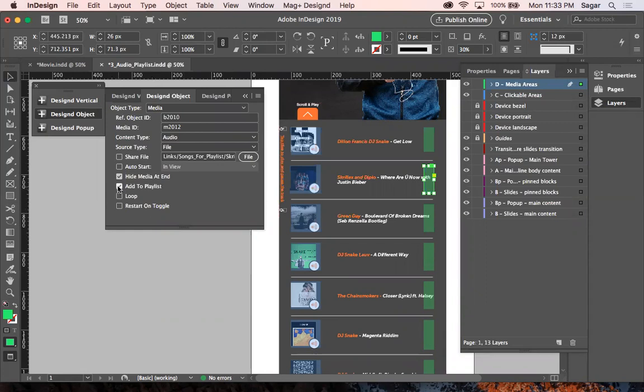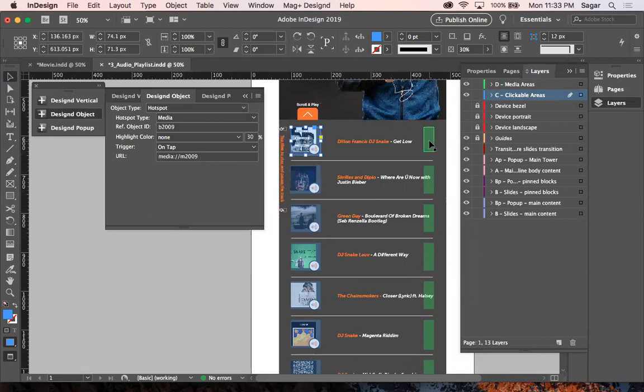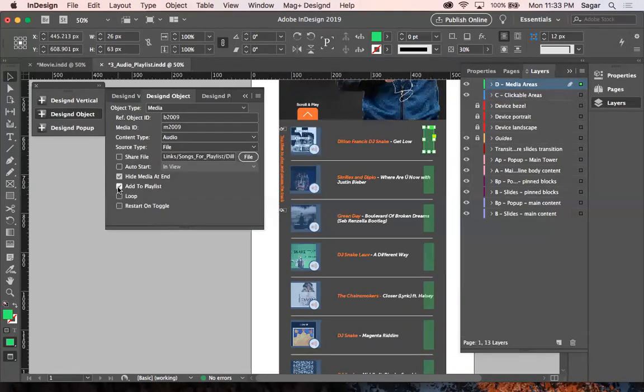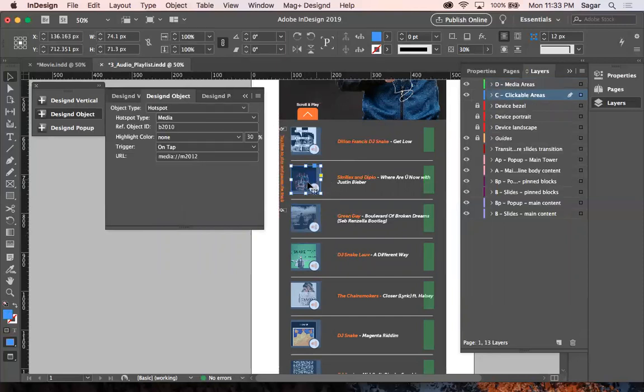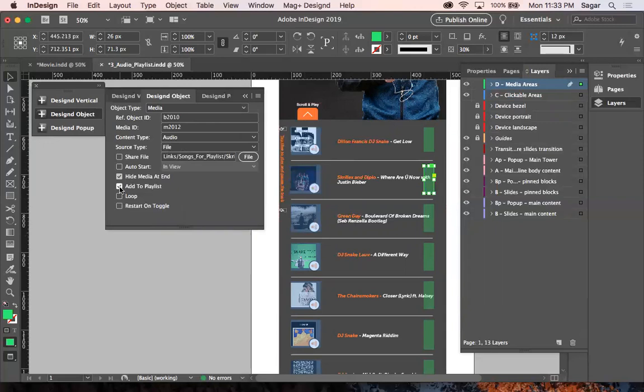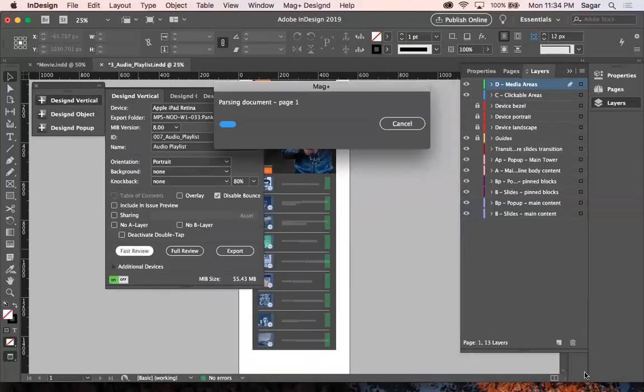Add to playlist is a feature which you will get on the top of your scrubber. I'll show you how it will look like. So let me disable this from add to playlist, and let me disable this Skrillex Where Are You Now song also with add to playlist. So if I fast review this,